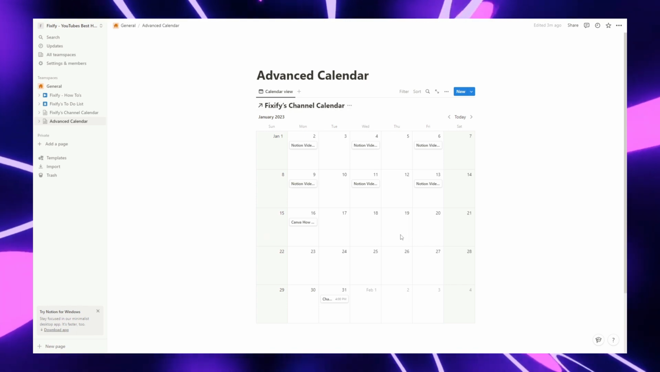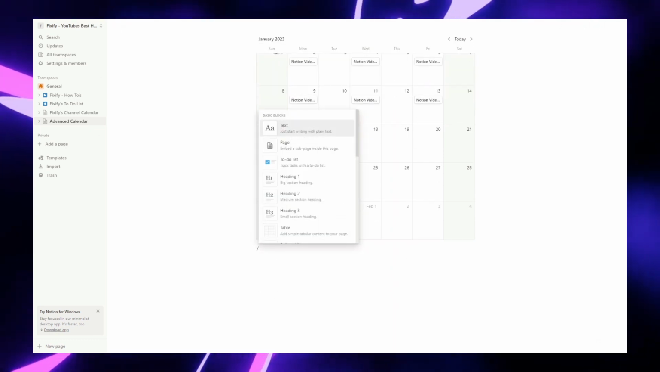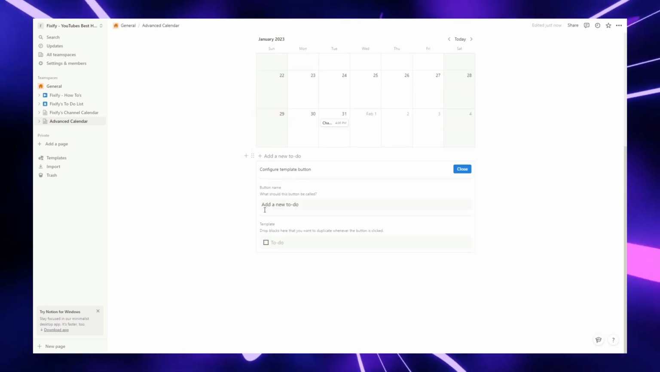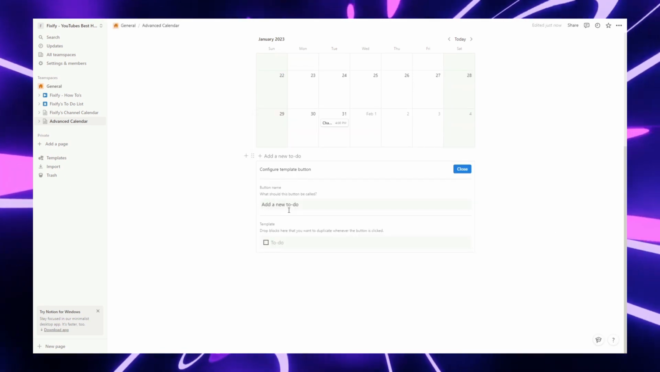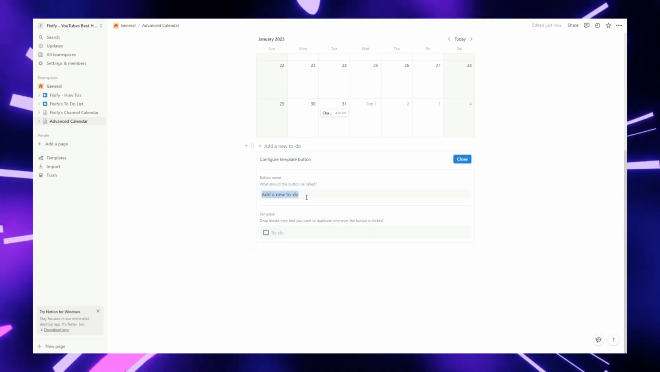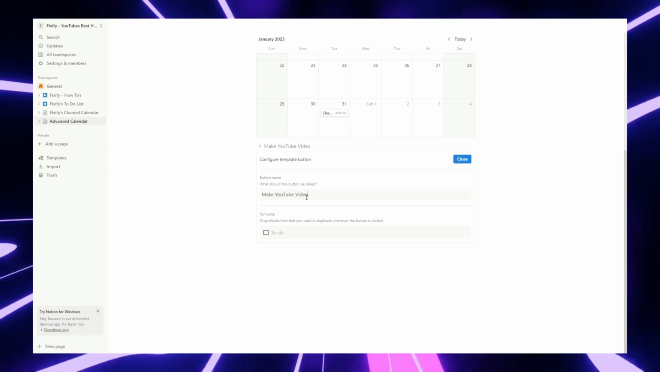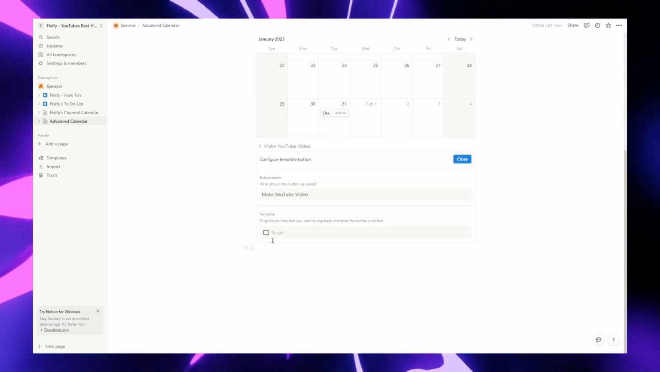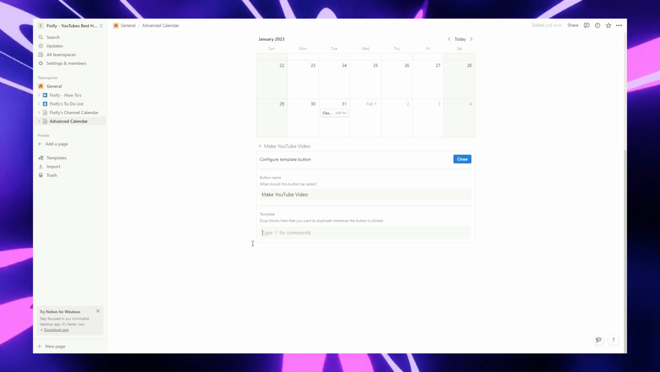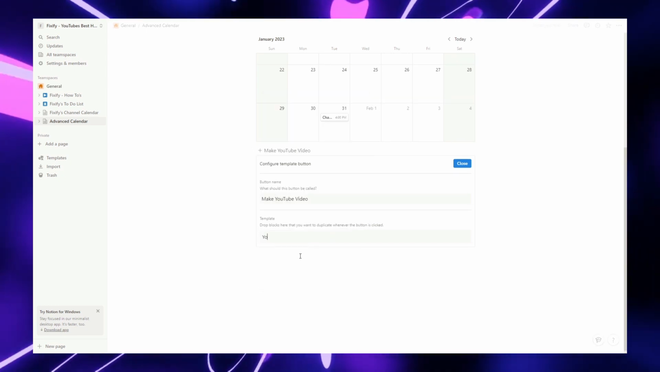So make YouTube video. We're going to come all the way down here, click anywhere to start typing, hit the command, and we're going to type in template button. There we go. Configure new template button name. We're going to create add a new to do. For the button name we're going to choose make YouTube video. Now, it automatically makes it a to-do list. We don't want that, so let's highlight it, let's delete it, and we just want it to be basic text, and we want it just to say